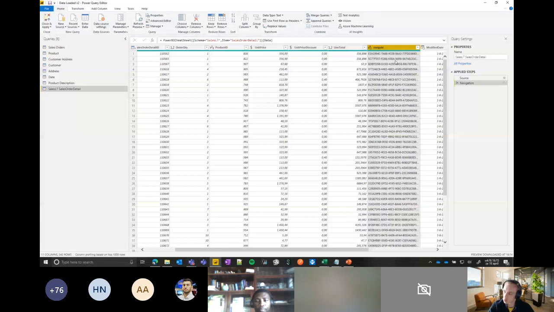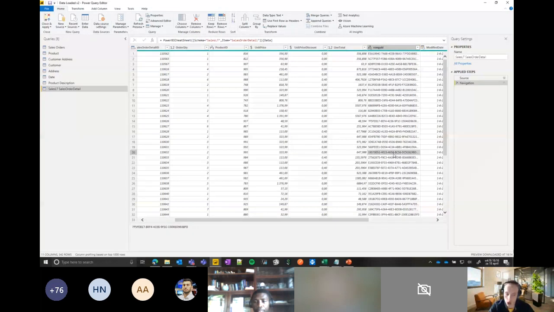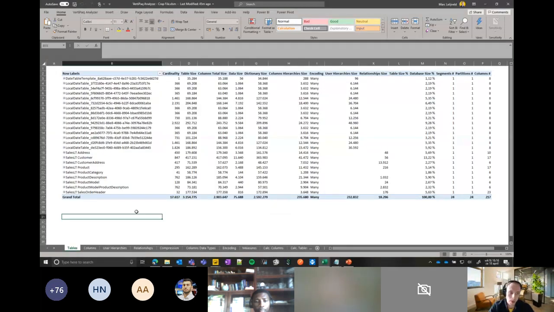And as I said before, Power BI works with column compression. So it will take all the unique values and save them. So the more unique values, the bigger your table will be. If we have a row GUID, which is unique for every row, this will use a lot of memory. So let's quickly go to the VertiPaq Analyzer for our file and just open, for example, the sales order header table. And if I'm expanding this, if Excel doesn't crash, it's always fun, then you will see the column, which is the row GUID,